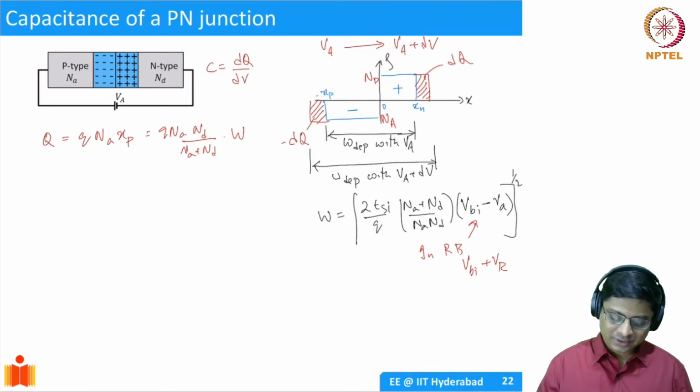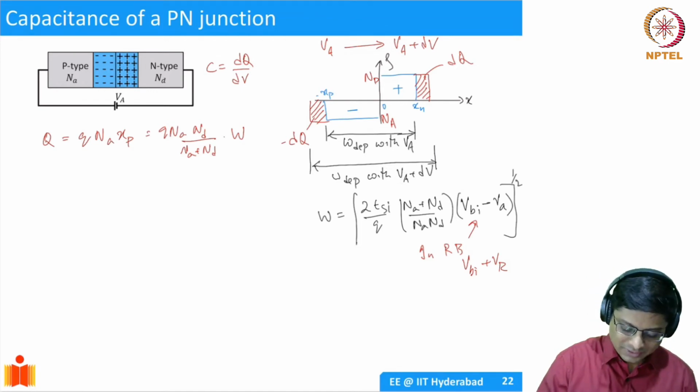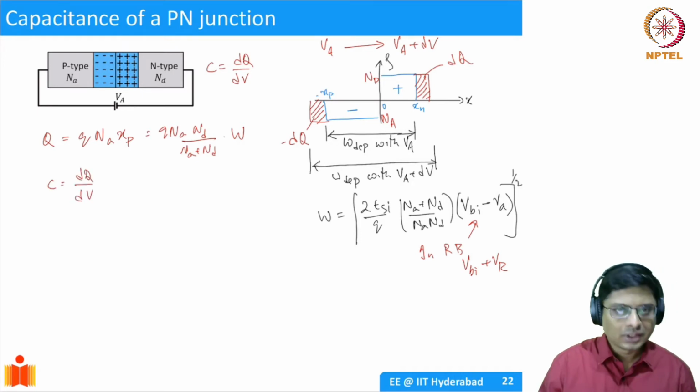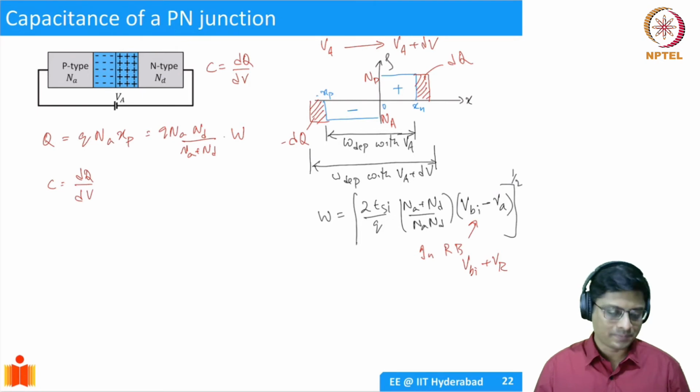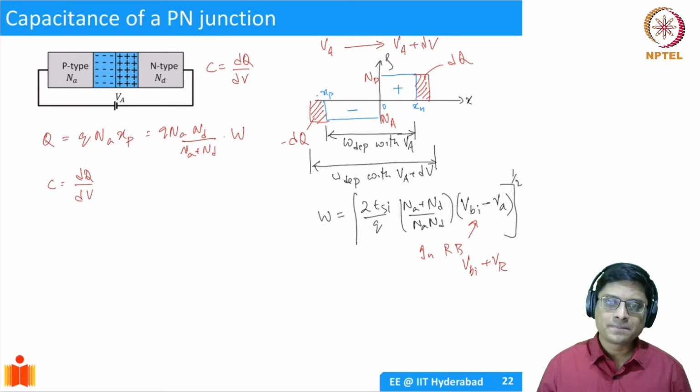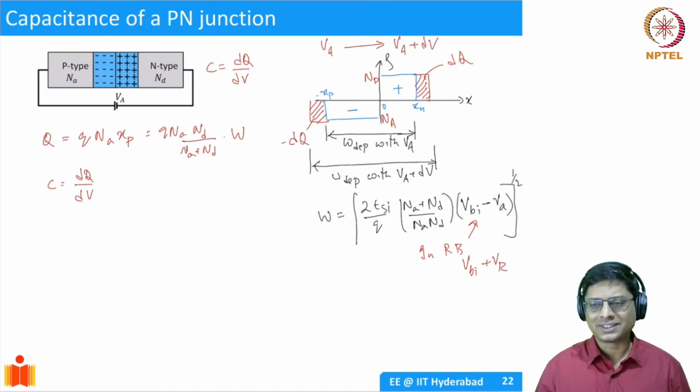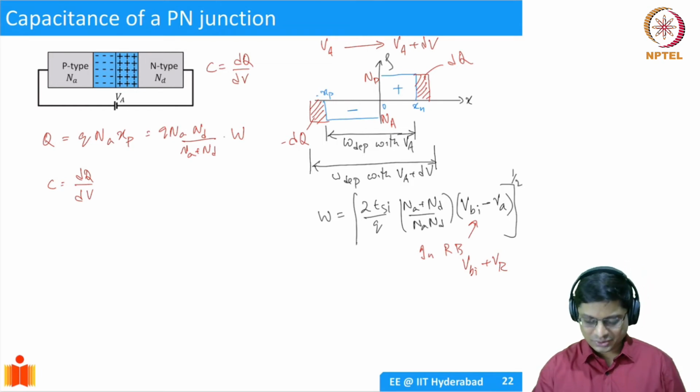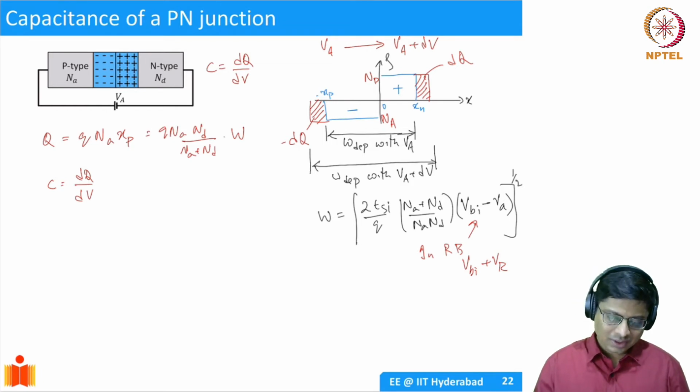So now all I have to do is simply compute capacitance C equal to dq by dV. So take a derivative of q with respect to V. I will let you do that. It's simple algebra. It's simply the square root of the voltage you have to take. So you have to do it carefully, but it can be done. We are not going to gain much by just doing it on the paper here. So I'll give you the final answer.